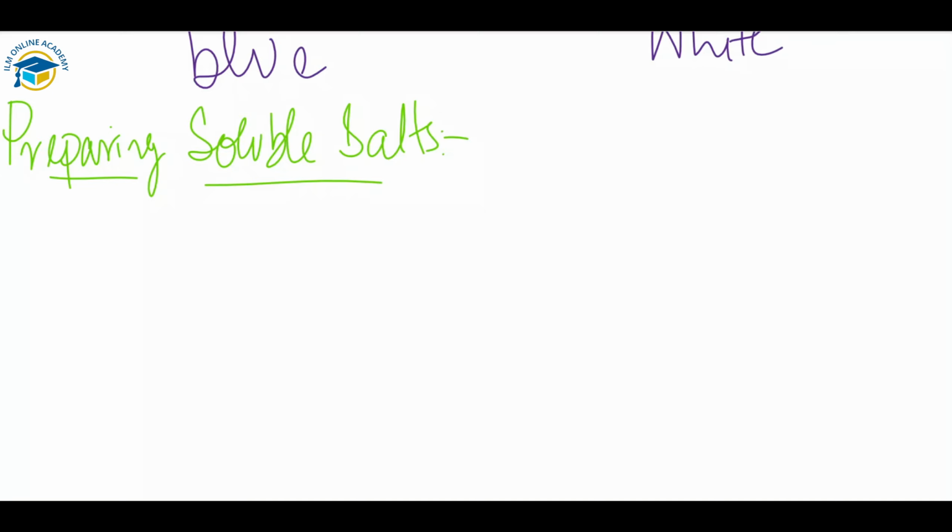So you can prepare the soluble salts from these 3 reactions of the acids that we have read in the previous video. You can check the explanation of that in our previous video of chapter number 11, which is about the acids and the bases. So for choosing the method of preparation of the salt, you can start from this one. Now I will show you the flow sheet diagram through which you can easily assess which way you are going. First of all,